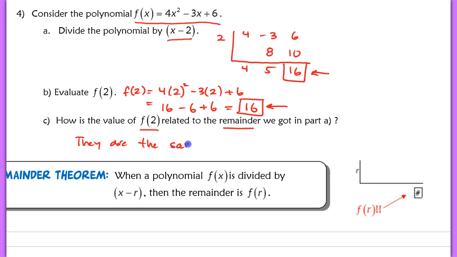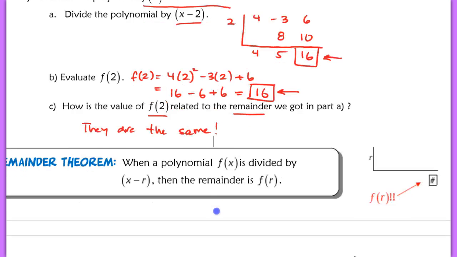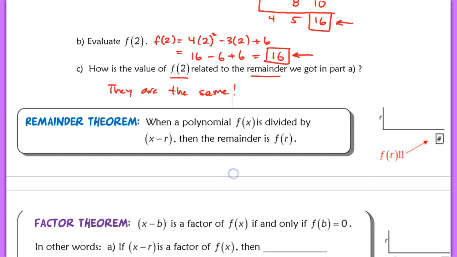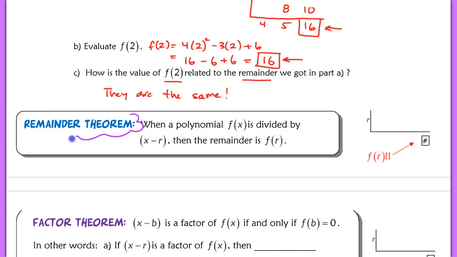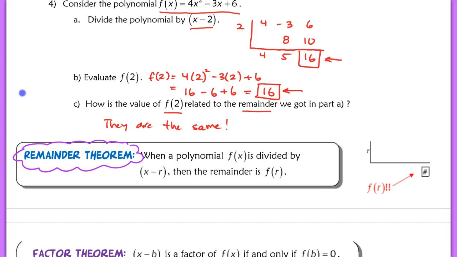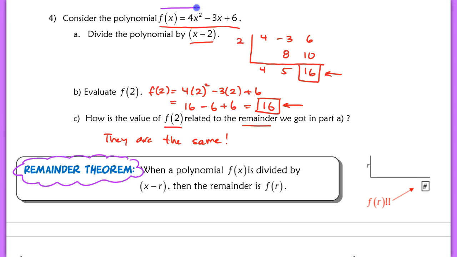And this leads us to a big theorem that we're going to now use that relates to the factor theorem. So the remainder theorem states that when a polynomial, f of x, is divided by x minus r, then the remainder is f of r. So we took a polynomial here, f of x equals 4x squared minus 3x plus 6. We originally divided it by this linear binomial, which represents this x minus r. We noticed that the remainder, this 16, is also the same value as f of 2,